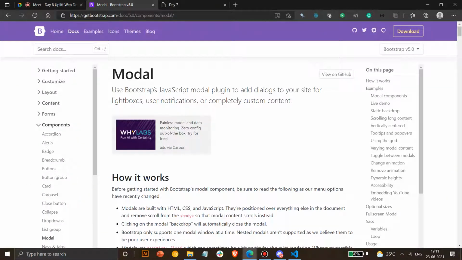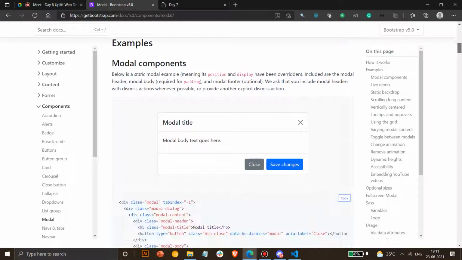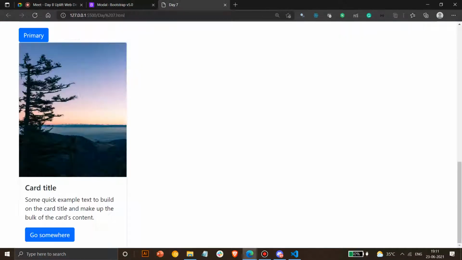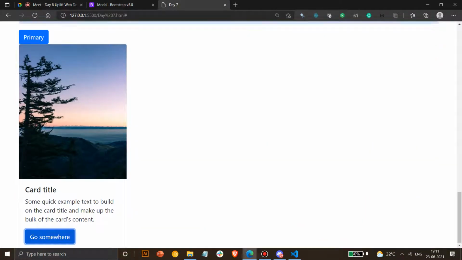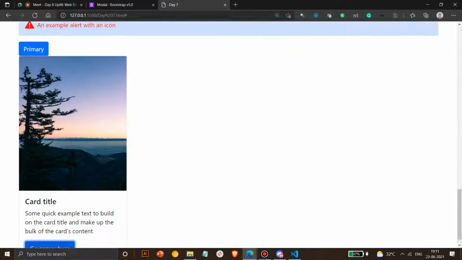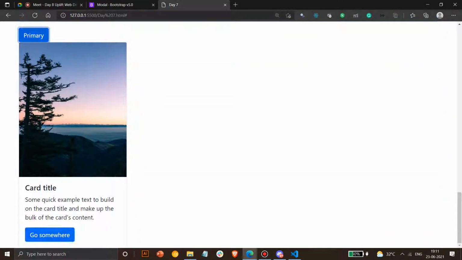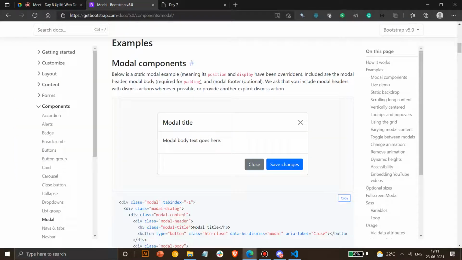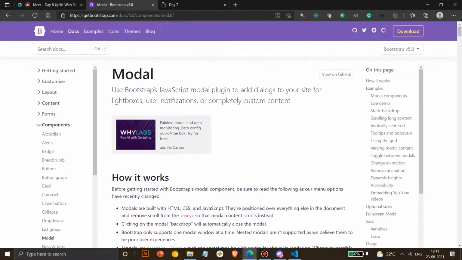So what a modal is basically, I'll give you a live demo. In many websites you have seen, when you click on something, it shows a pop-up like thing, like a Discord link or something like that. On clicking a button, it shows, do you want to exit this site? Are you sure? Something like that. These kinds of things come in a modal. We can do it through JavaScript too, but with HTML, Bootstrap gives you by default its own beautiful modal, so you can use that specifically.